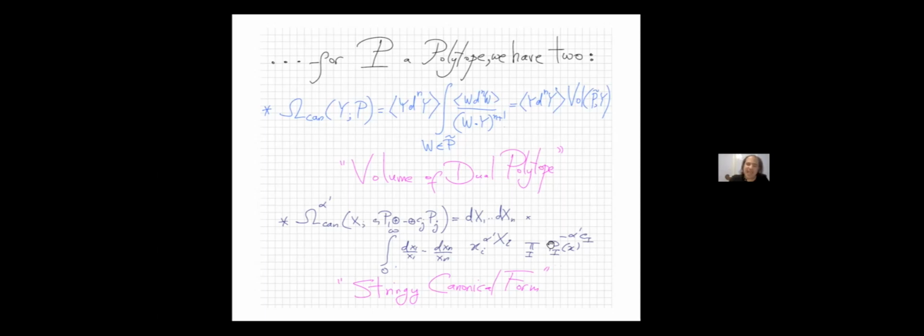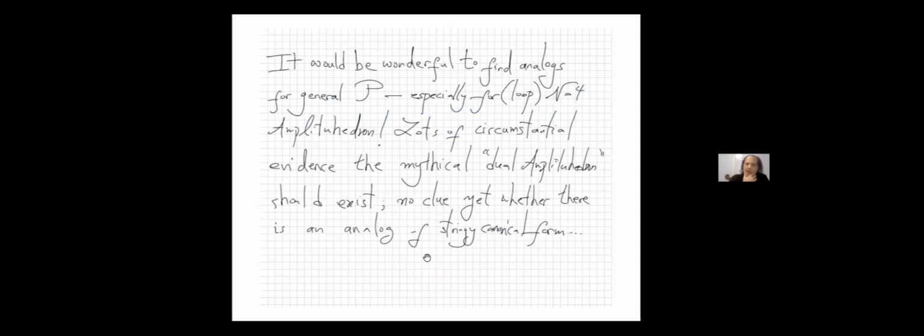Okay, and this is a second description. If you give me a representation of the polytope as a Minkowski sum, this very naturally gives you a canonical form that now has a parameter alpha prime associated with it. And as alpha prime goes to 0, it returns the ordinary canonical form, but it gives you something interesting at finite alpha prime as well.